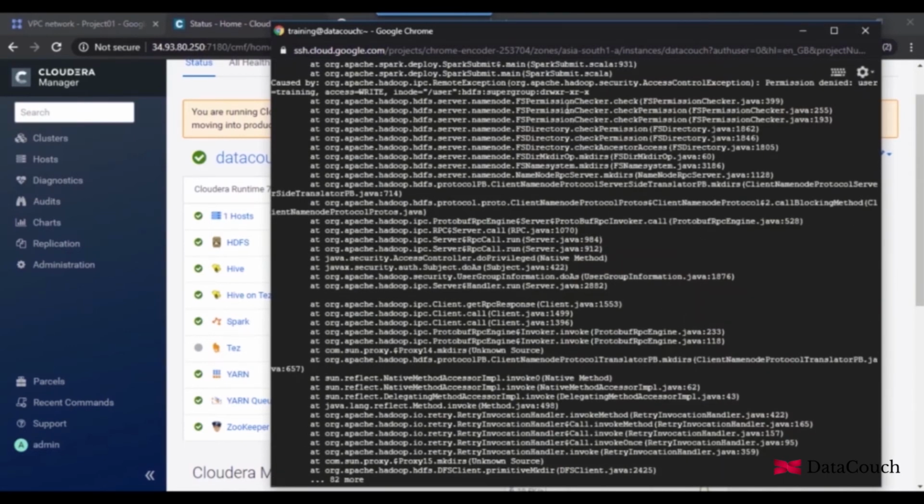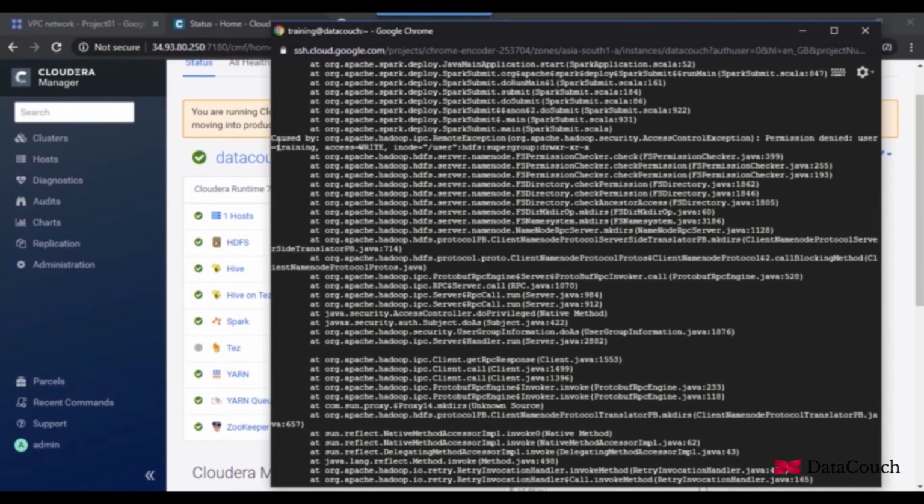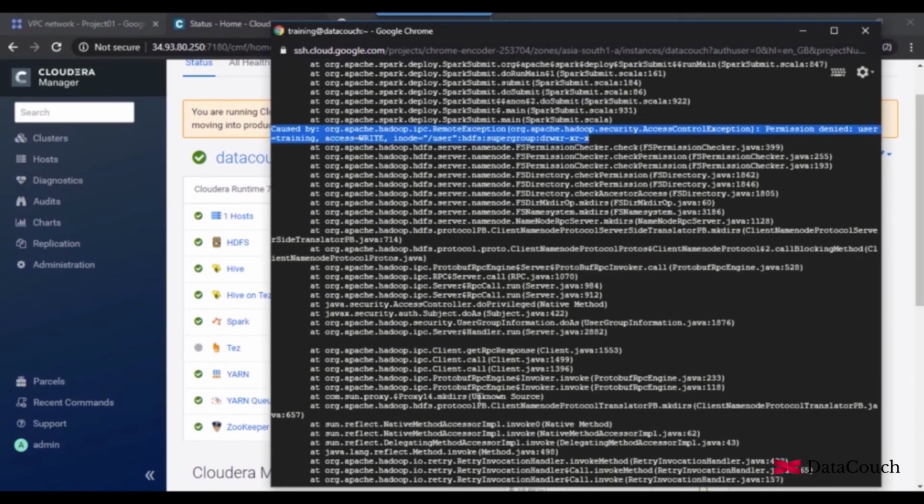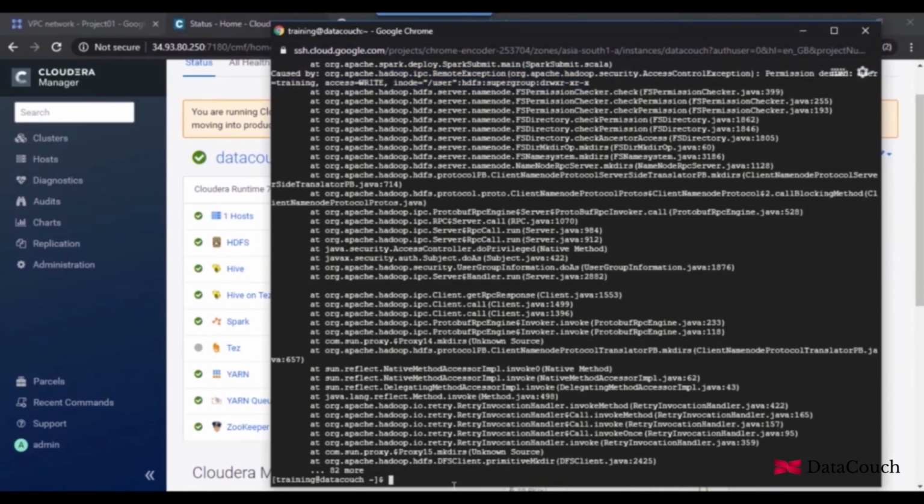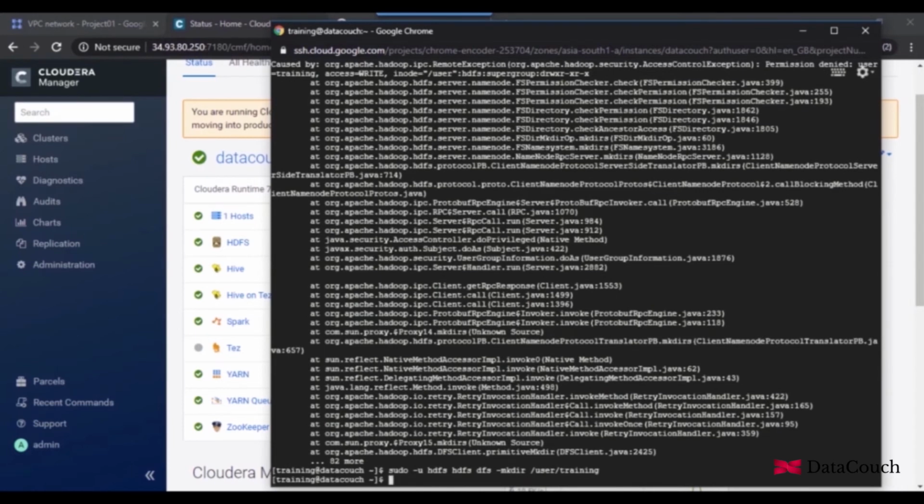Again there is an issue. Let's see what's that. Okay, so this is permission issue. So training user, we will make a directory in /user/training, so this will be under /user. So this training user,